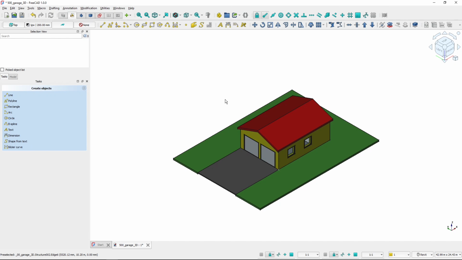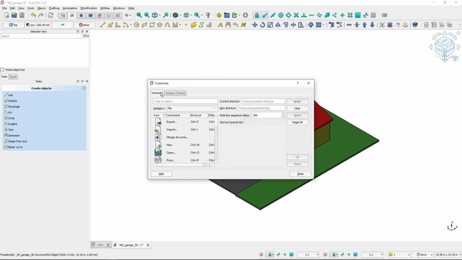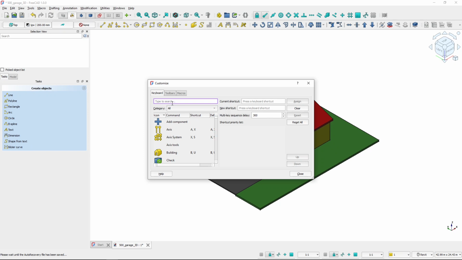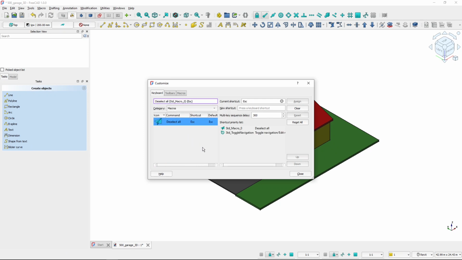Another thing is, if I look at Tools, Customize, and look at the keyboard shortcut, and I will go to select all and deselect all, select this one. You can see that the current shortcut is set to escape. I could assign a new shortcut. What's useful is that I can see that I've got the escape key mapped to multiple tools,